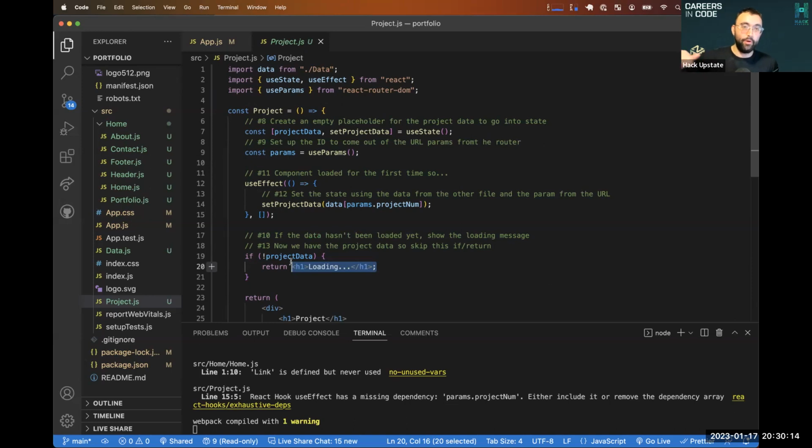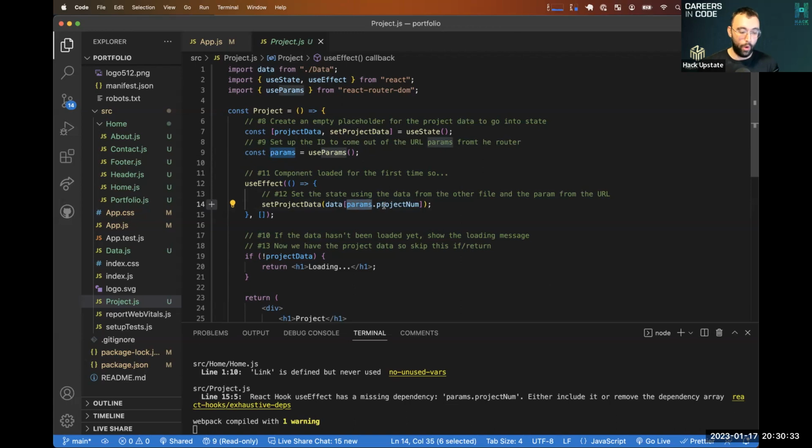Now, because the component has returned something out of it, we now go back up and we say the component loaded for the first time. So set the project data, set the state using the data that we imported and the project number from our